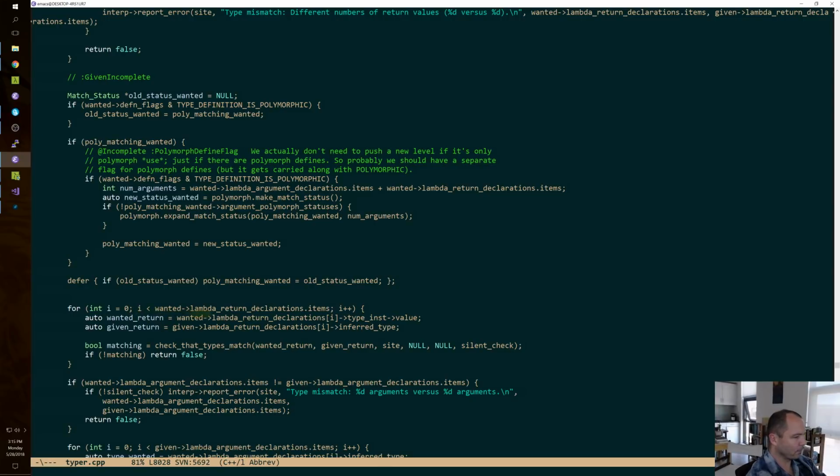Now, when we do an argument or a return value, before we call check that types match, for example, right here where I'm looking, if the eye tracker is accurate, right before that, in that gap, we want to say: if this argument is polymorphic, or this return declaration is polymorphic, then